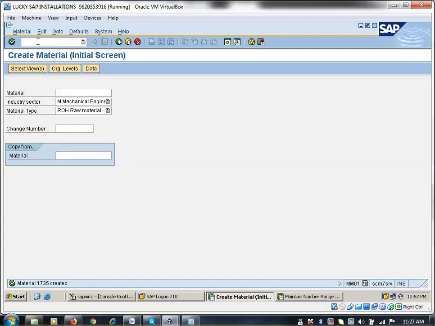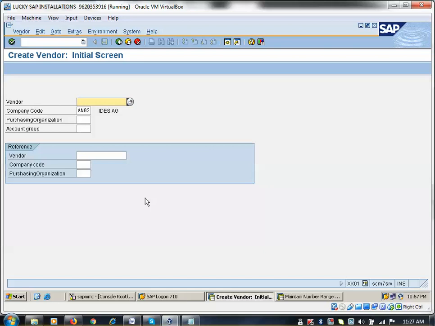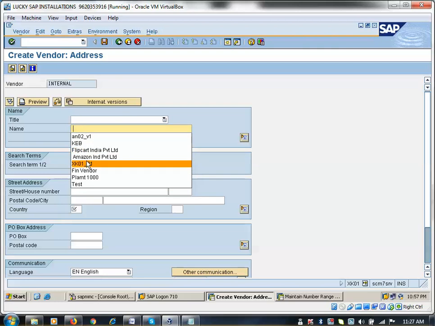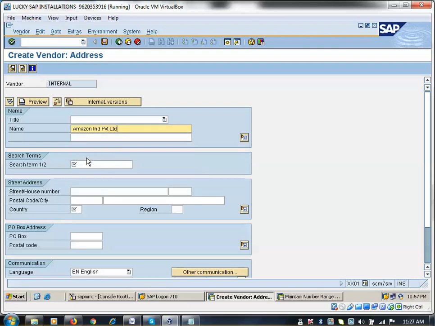Okay, so now you write this material number, go to XK01. I am creating XK01. Everything I did with 1000 or 0001 previously, now I am doing with my AN02 company code. 0001 I have not created new, so that's why I am using the old one only. The vendor is created under the 1000 company code. Now I am creating under my new company code or new plant. Flipkart India Private Limited or Amazon was created under the 1000 plant. Now it is created under our company code.